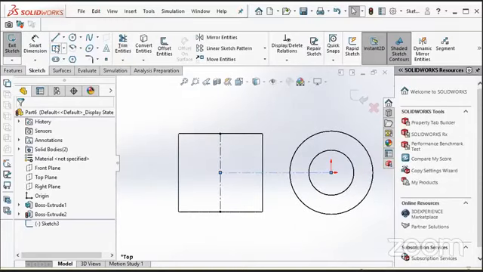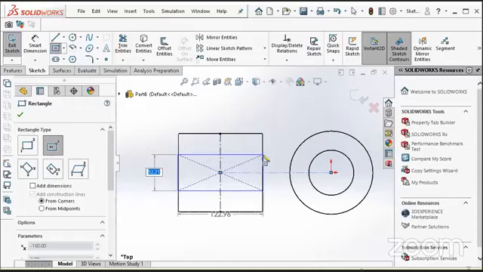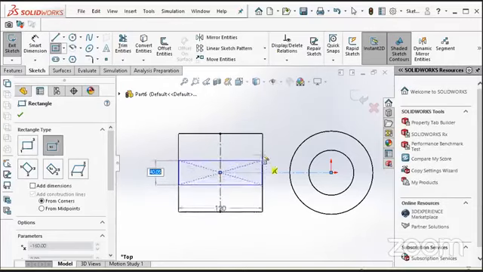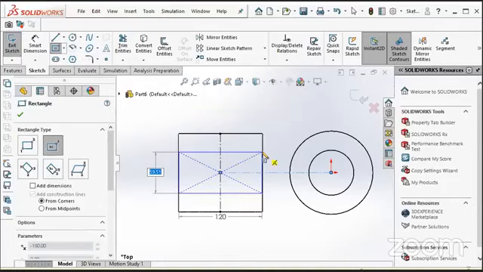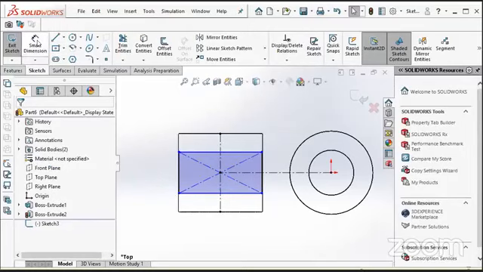Now I'll create a center rectangle from this cylinder. As you can see, when I go near to this cylinder, the software tells me that both lines are collinear. So I want to fix this line to this reference of the circle. So I will click here, and for the dimensioning, I will go to the dimension, select the line, and give it a value.